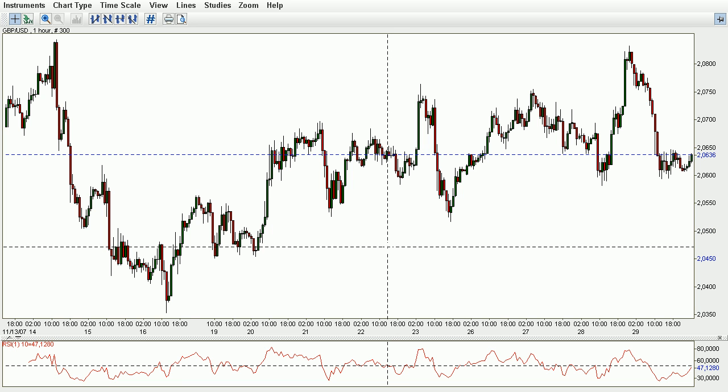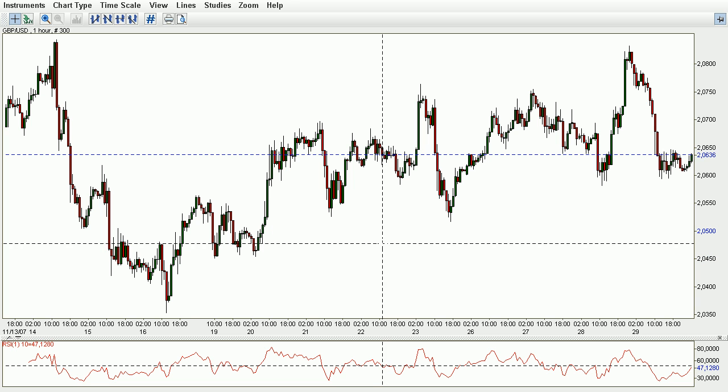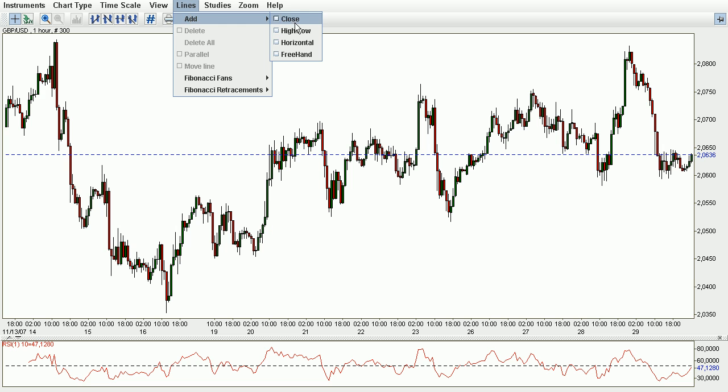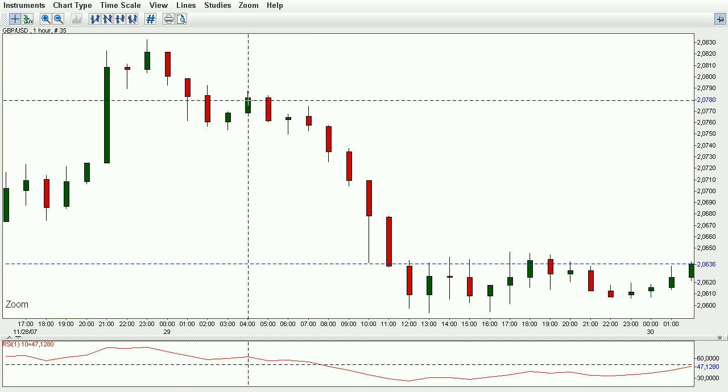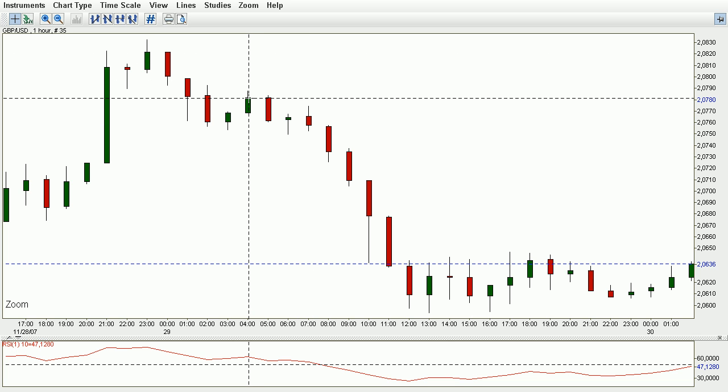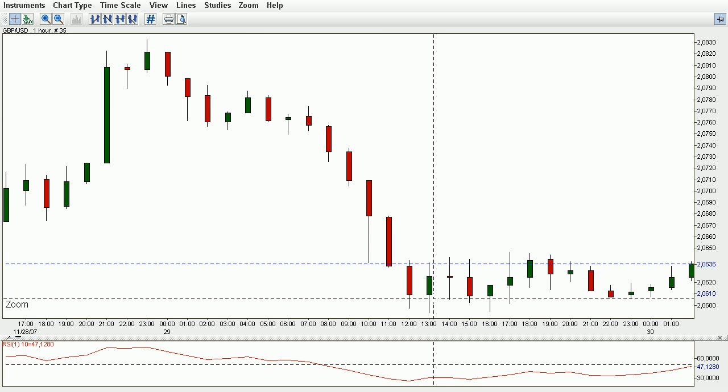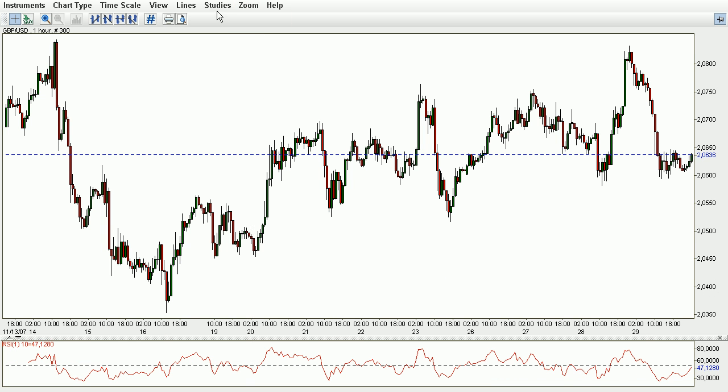Today is Friday the 30th of November 2007 and we are currently looking at the British pound US dollar currency pair. What we saw today was pretty much what I suggested would happen yesterday, where we were standing at this high point here at 2.780 and our price declined up to this level of 2.610, which is approximately 170 pips down to this support level set by this low here at